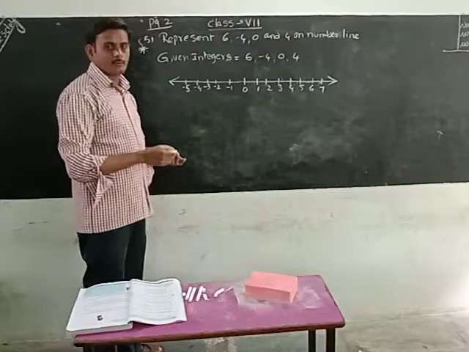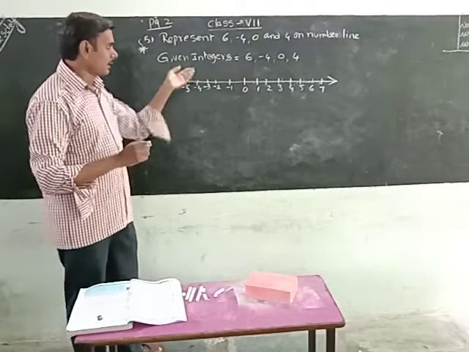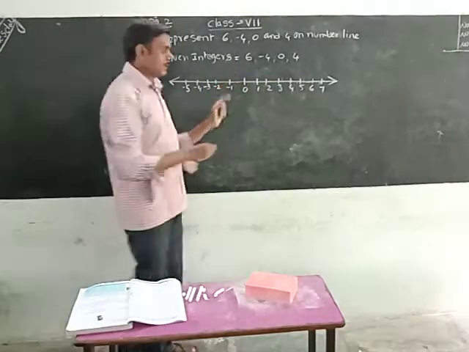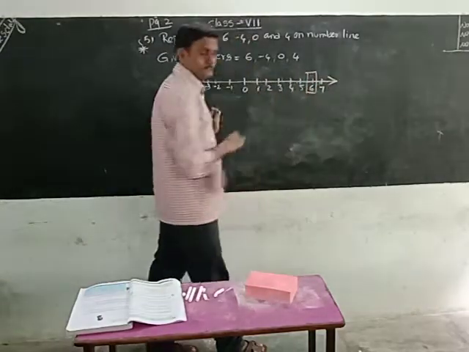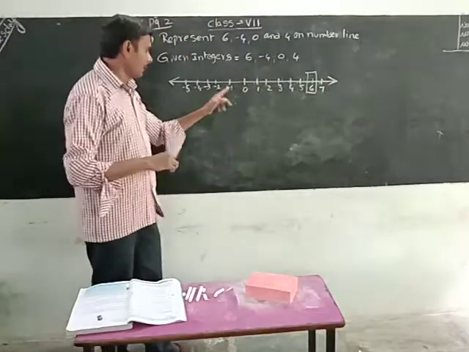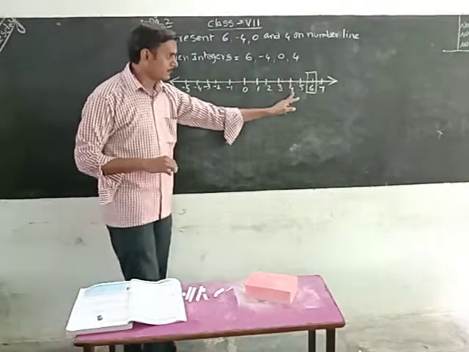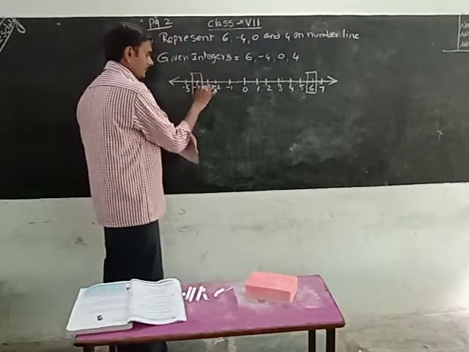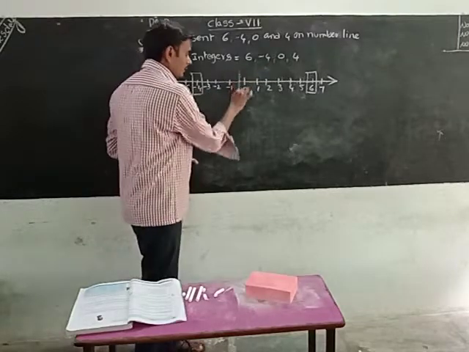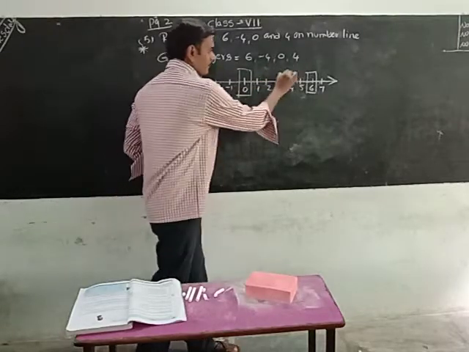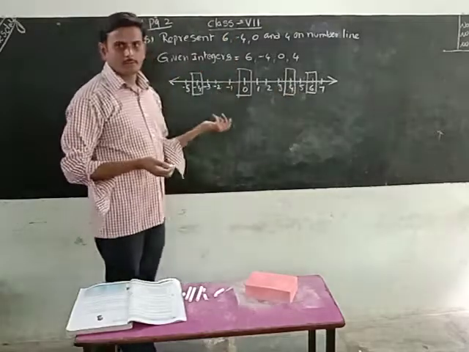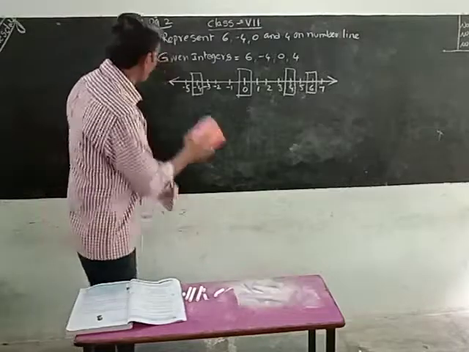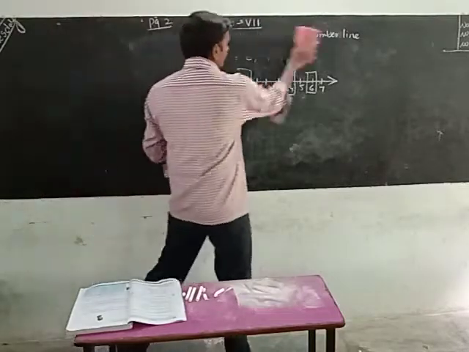Now we have to circle the required numbers. What are the numbers here? We circle those numbers. 6, circle that one. Next, minus 4. Where is minus 4 located? It is not plus 4. Minus 4 means this one. Next 0, it is here. Plus 4, it is here. This is the answer. Very easy question. Next, go for the 6th one.